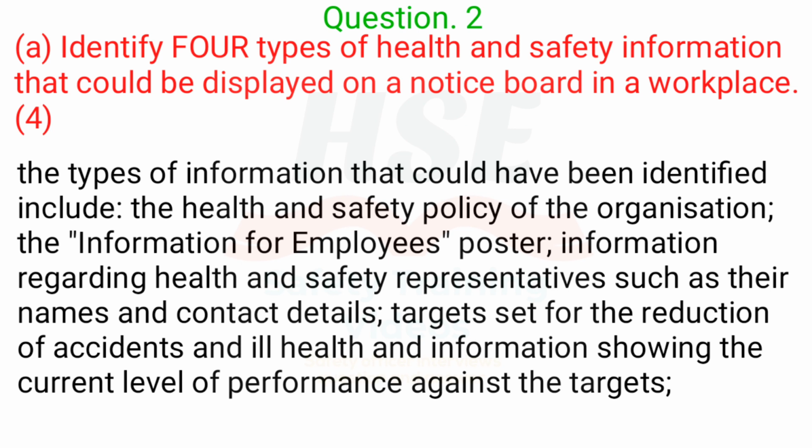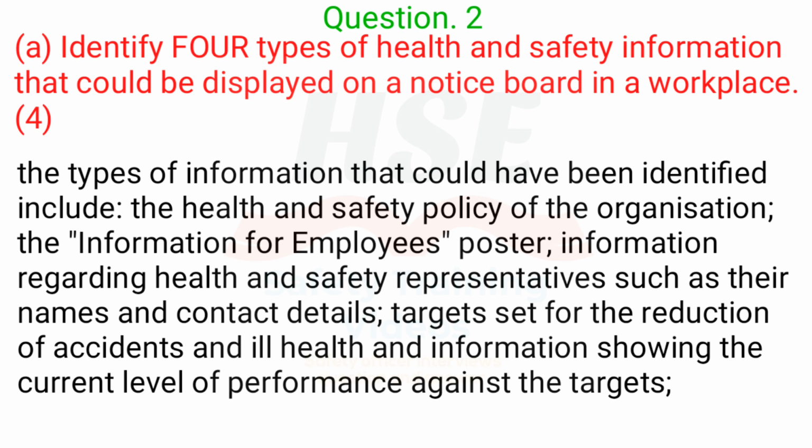Question 2. Question A. Identify 4 types of health and safety information that could be displayed on a notice board in a workplace. 4 marks question. The types of information that could have been identified include the health and safety policy of the organization, the information for employees poster, information regarding health and safety representatives such as their names and contact details, targets set for the